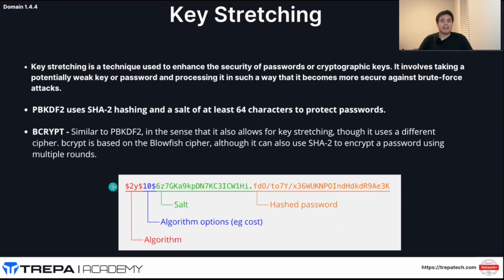All right. Last thing we're going to talk about here is something called key stretching. Key stretching is a technique used to enhance the security of passwords or cryptographic keys. It involves taking a potentially weak key or password and processing it in such a way that it becomes more secure against brute force attacks. Some of the ways we do this is with